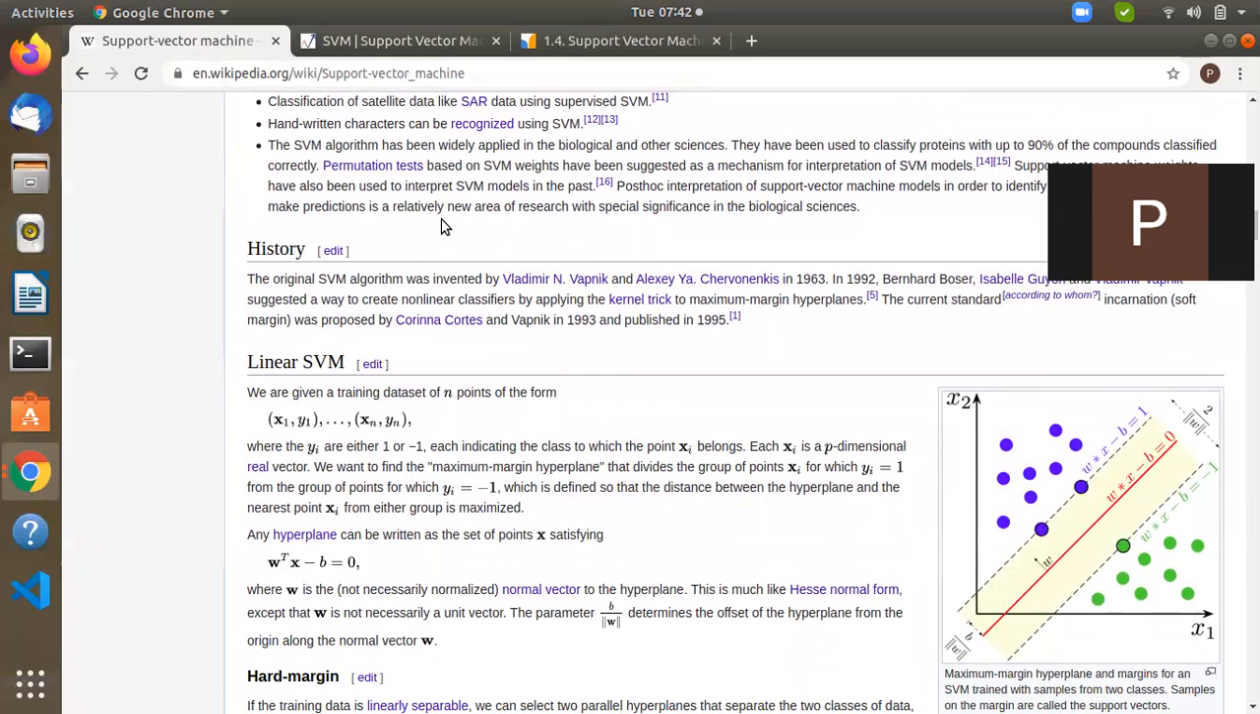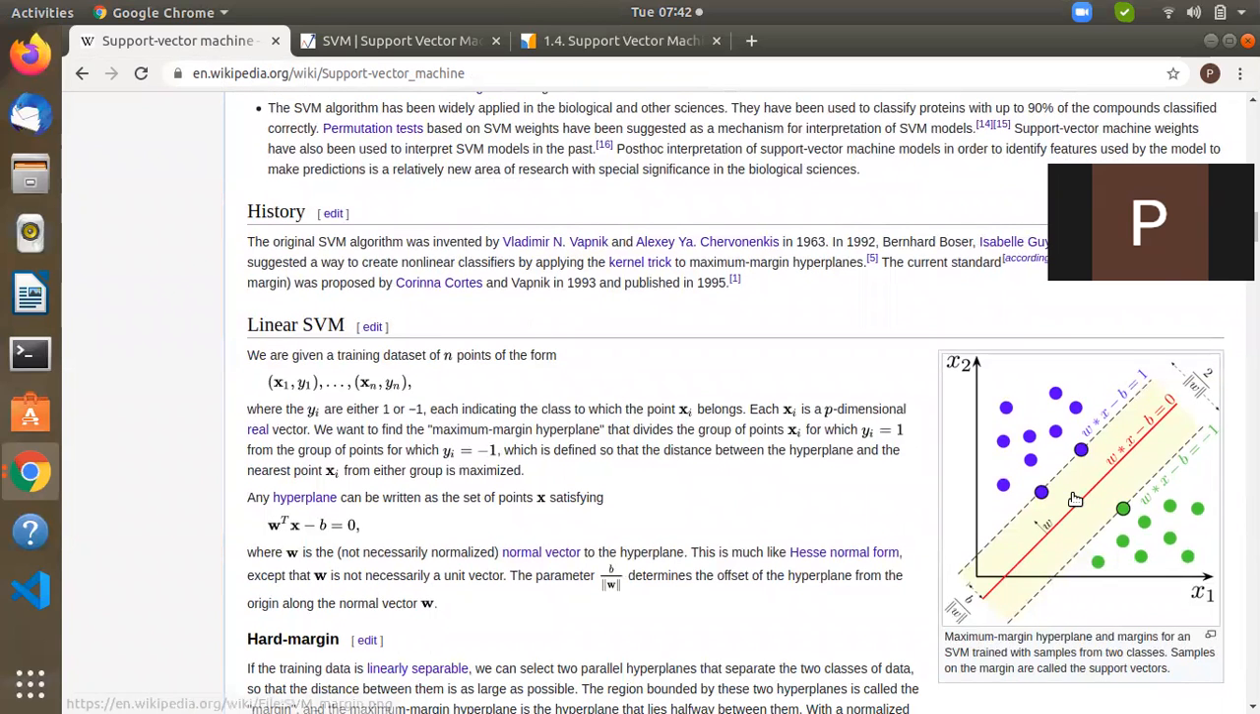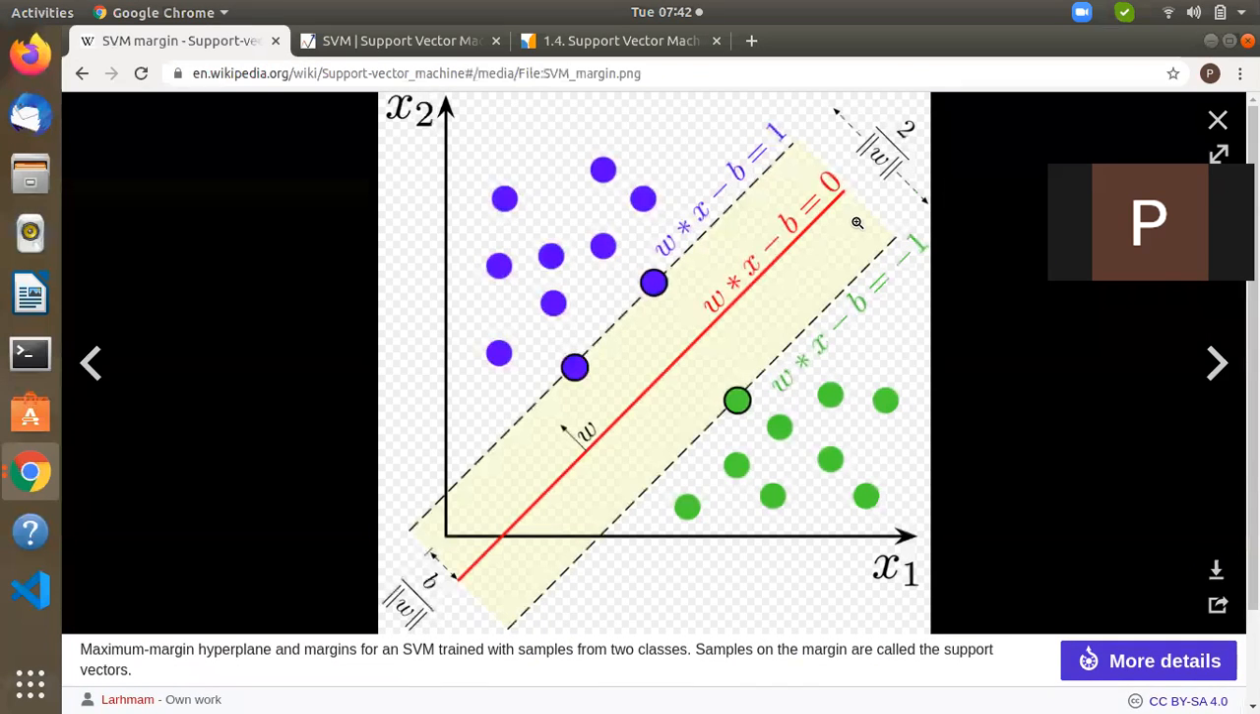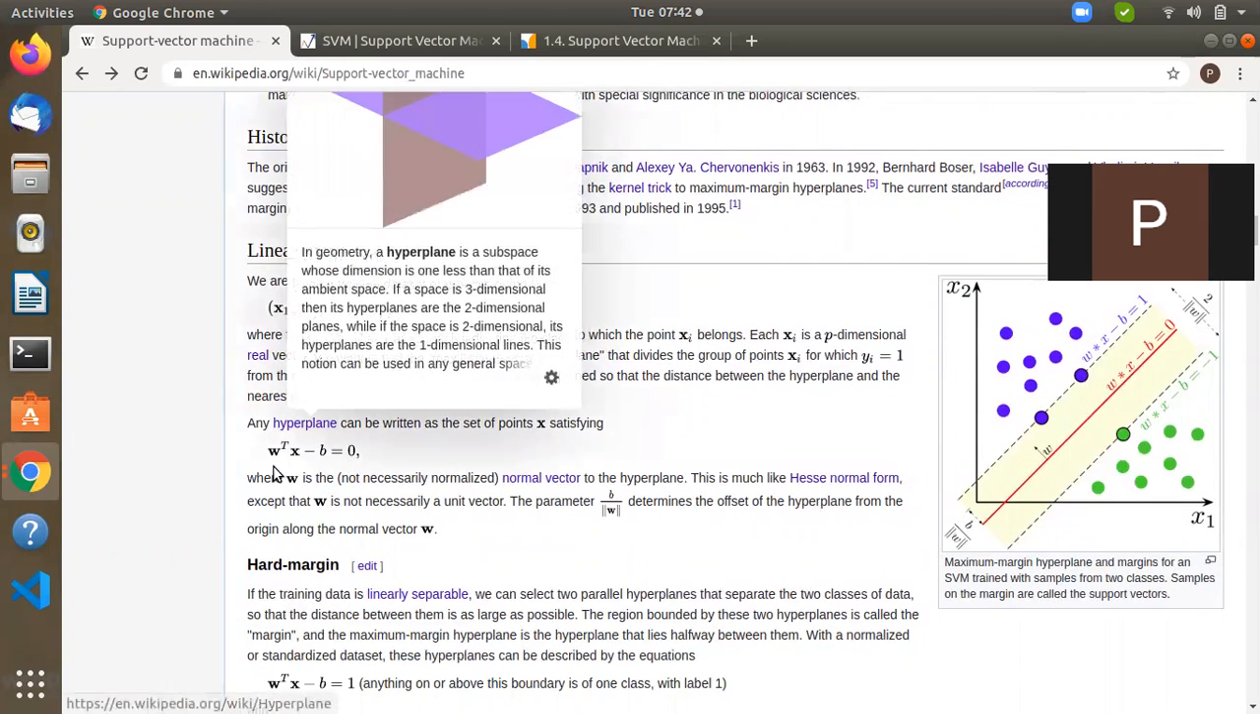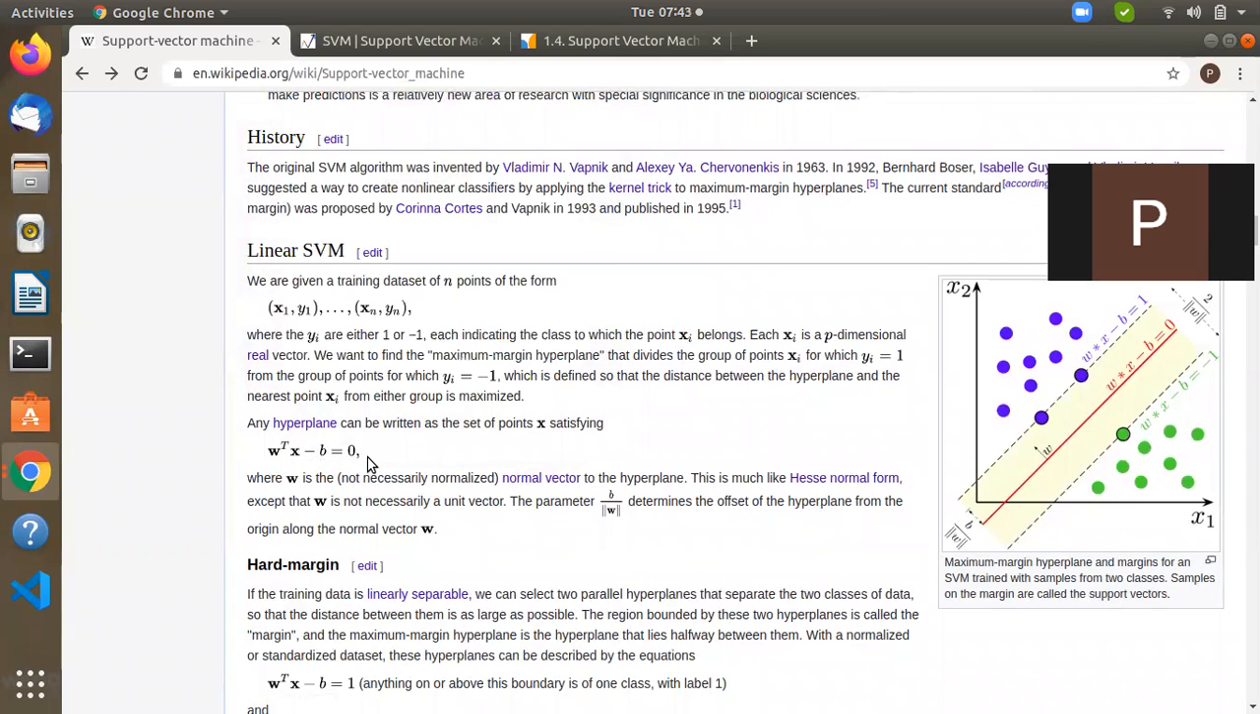Okay, as we know, the straight line equation is given. Here you can see the diagram. The straight line equation is given by y is equal to mx plus c, or w transpose x plus b is equal to 0. Here it is written minus b, but the actual thing is plus b is equal to 0. Okay, then what we have to do,